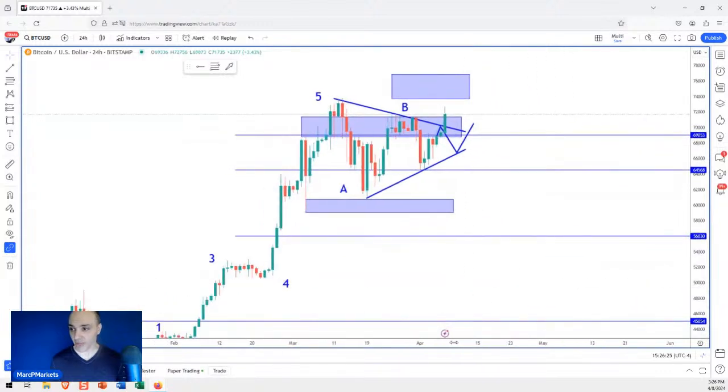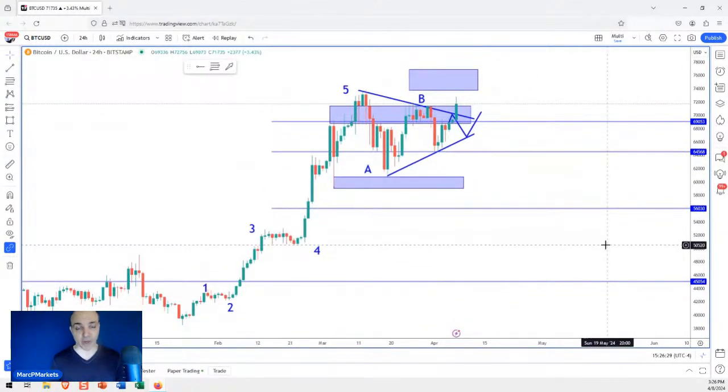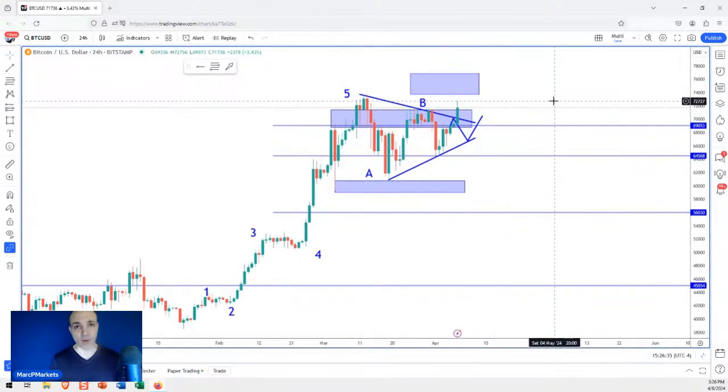So these current levels are good for the short term. These are not good for bigger picture type of trades. I know everyone's saying we're going to break out, we're going to go to 100K. You have to stop getting sucked into that because there's no way to know. Maybe we do that, maybe we don't.